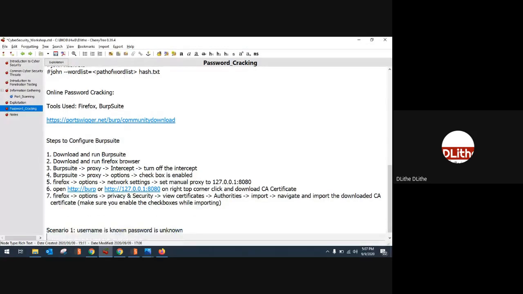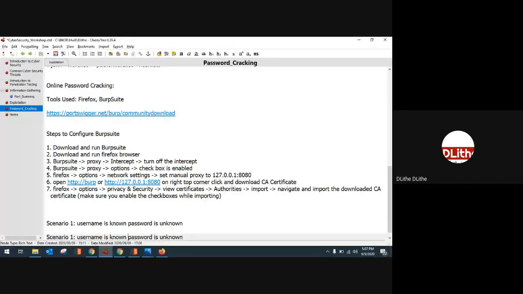In the second scenario, both username and password are unknown. So let us take both scenarios. Pretty simple and straightforward.